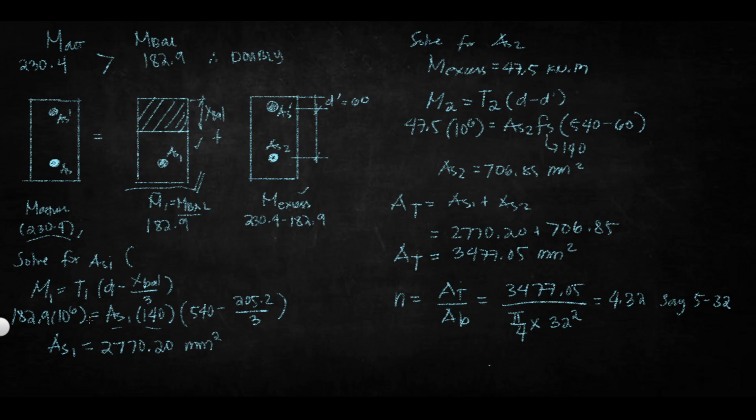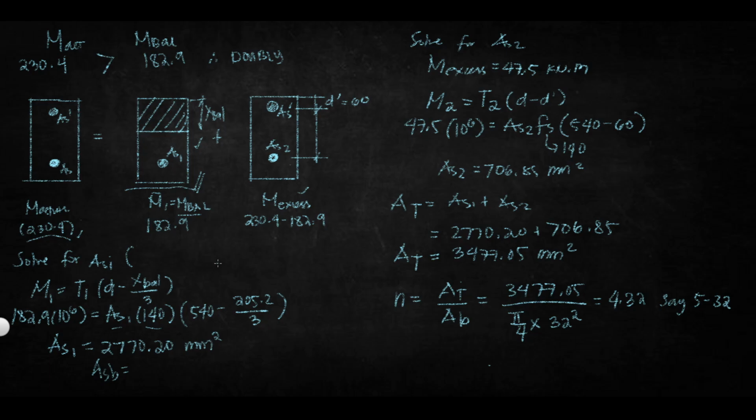So, yung AS1 dito, pag tinanong what is AS balance, siya rin yan. Kasi balance moment yung ating ginamit dito. Okay, and then also X balance yung ginamit natin. So, yung lalabas po dito is AS balance. Okay? Parehas lang po sa AS1. No? So, next is, after solving AS1,